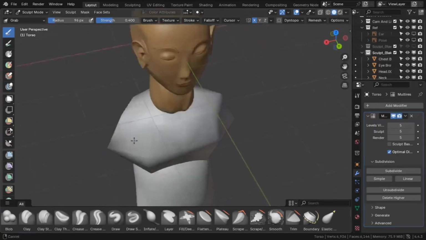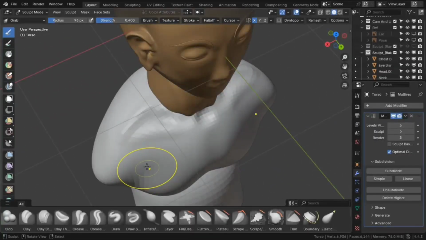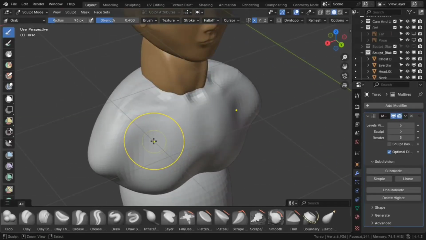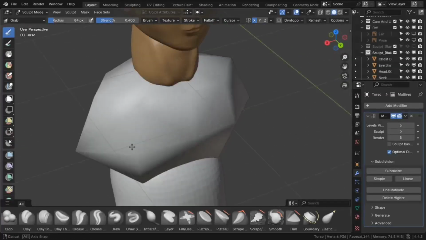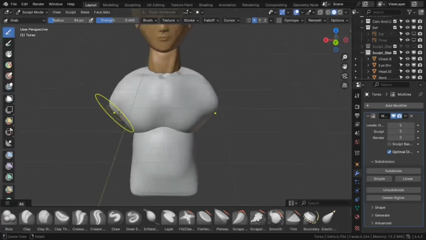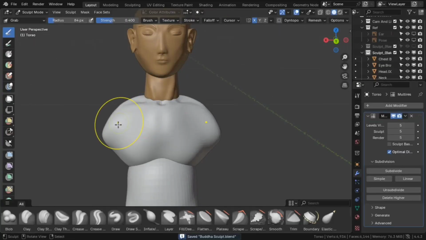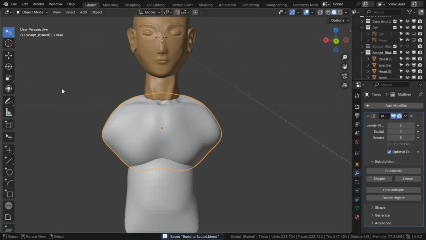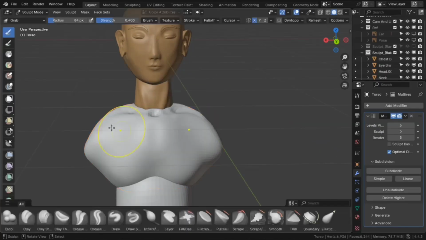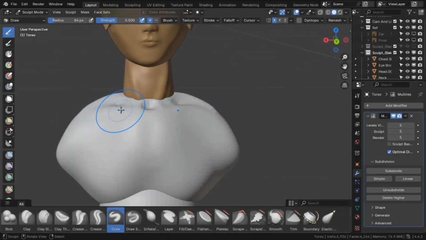After creating the basic torso shape, on the chest area we're fixing the proportions right here at the side of the chest area on the top. Using the grab brush, and going to the object mode, I'm fixing the scale